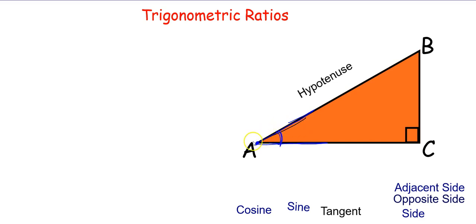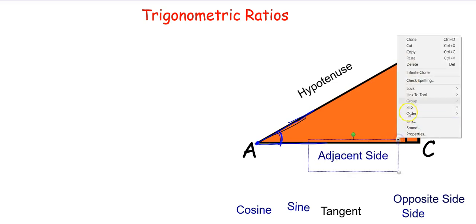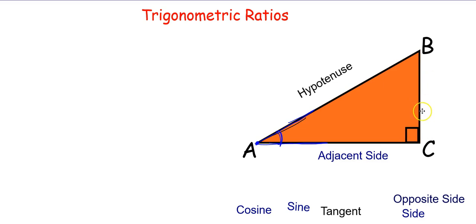So for this angle A, you already named this side as the hypotenuse. The other side AC, which is a part of that, the point A being the end point of the side AC, I can call an adjacent side. So remember, in a right triangle, the side opposite to 90 degrees is always the hypotenuse, and this side AC, which is attached to this angle A, I can call an adjacent side. Now the leftover side, the BC,